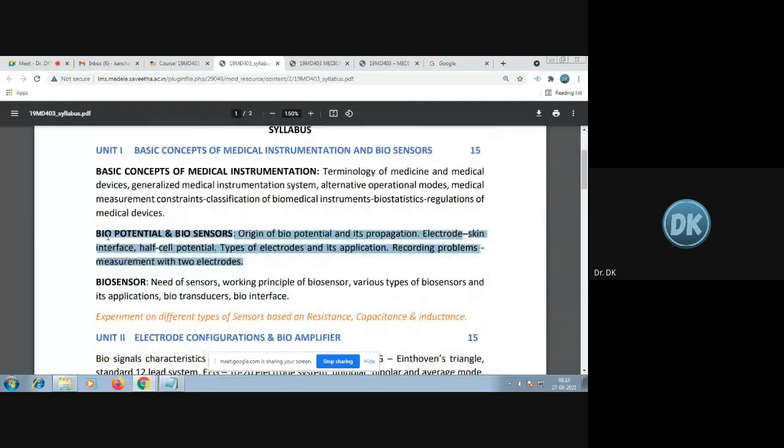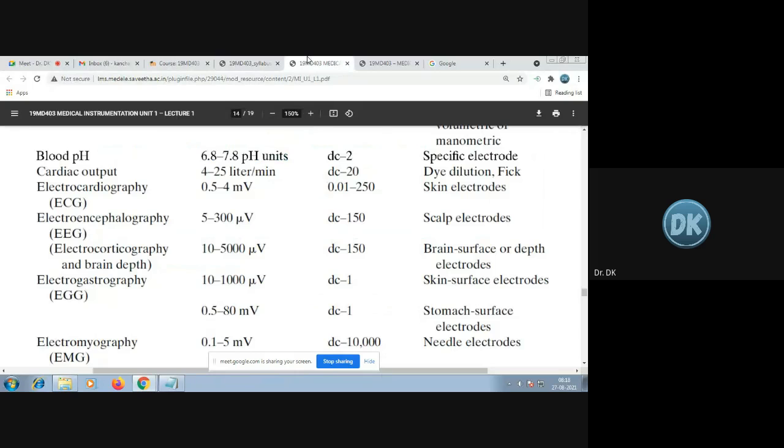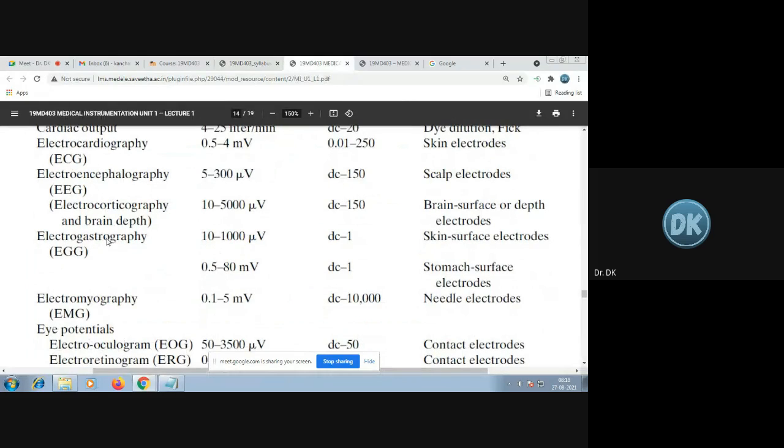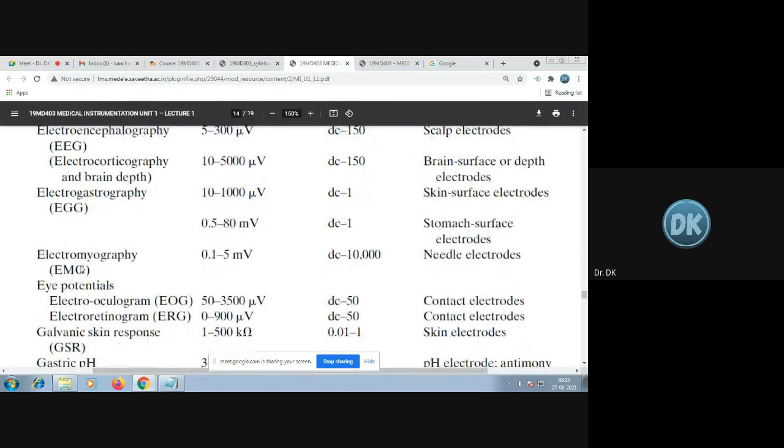So here you have an exclusive section where you will be studying about different electrodes and how they are placed on the skin, everything. Okay. And electrogastography, gastro refers to the intestine. So if you are going to measure the electrical activity of the intestine, then it is electrogastography. Cardio is heart, encephalo is brain, gastro is referring to the intestine. Electromyography is referring to the electrical activity of the muscles. Okay. So each and every topic you will be studying in detail, so no need to worry. Okay. So electromyography is referring to the electrical activity of the muscles.